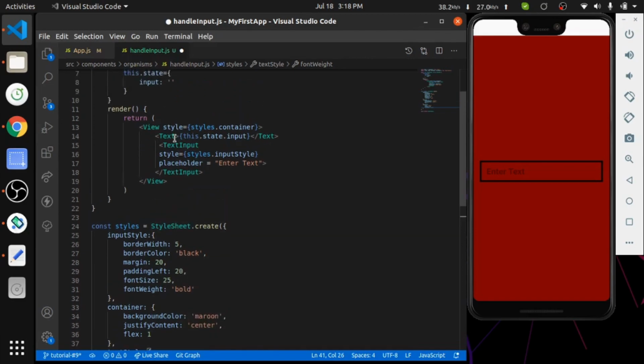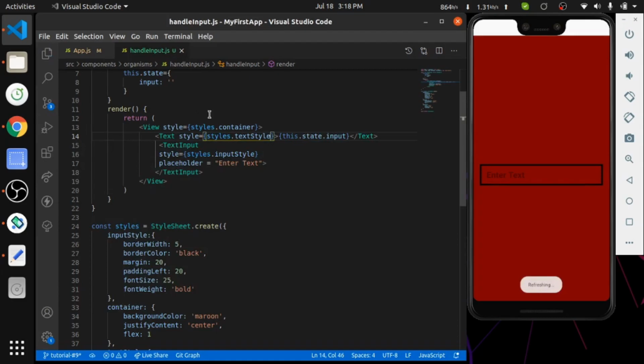Adding this style to the text, styles.textstyle, and save this.